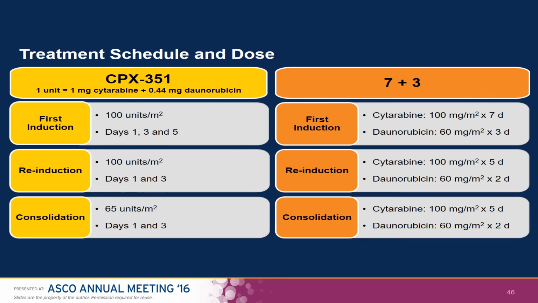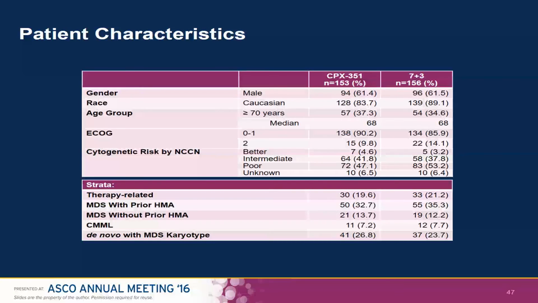And the important thing that was shown in this study, overall, there was no difference, but in the patients with secondary AML, which included therapy-related as well as patients who had prior MDS, there was a higher response rate, close to twice as many responses, and a better overall survival and event-free survival. If you look overall, the difference was not significant, but for the secondary AML patients, there was a significant difference. And this is why the sponsor